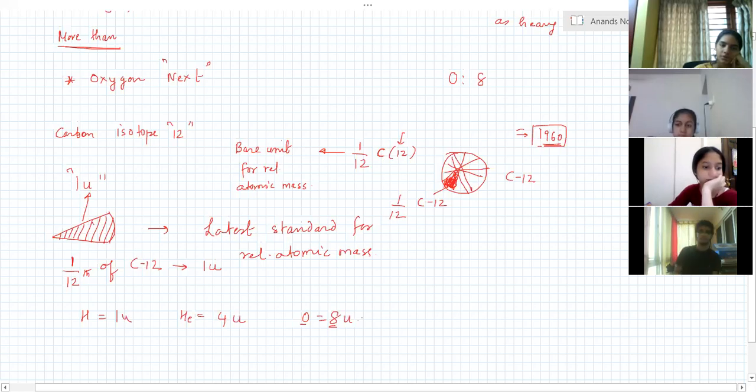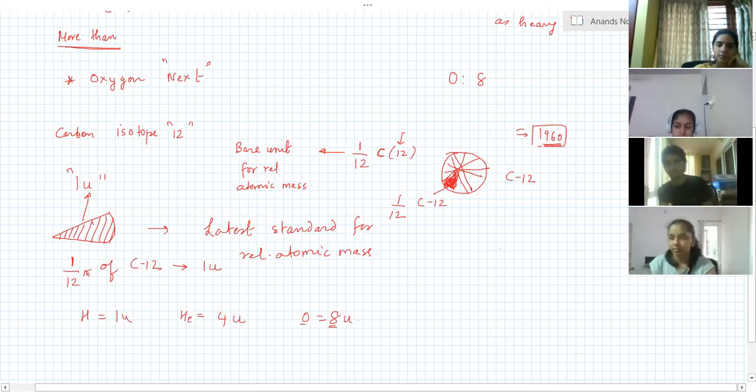Yes, sir. Okay, because what happened is they don't know what the atom's actual mass is. Only recently they have been able to measure it properly. Anyways, when we are doing all these calculations, we don't want to get into the nitty-gritties of what is the actual mass. All of us are very happy working with relative masses. Okay, did you follow this, guys?